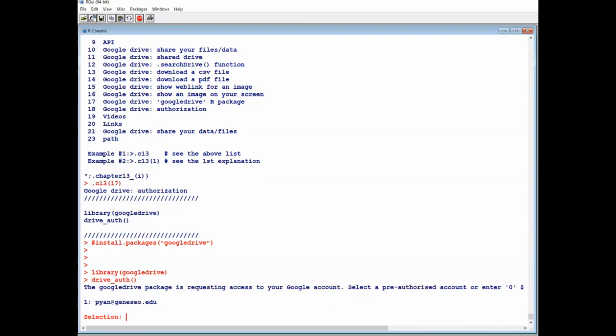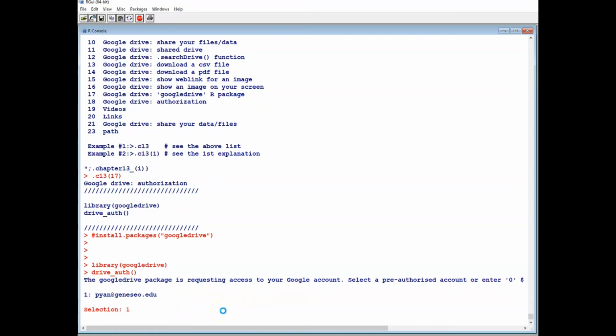Okay, and because I set up already, so I just select one. That's it. Whenever you run, you have to authenticate your account. So this will link to my account. So Google Drive, or our package Google Drive, in this case, is connected to my Google Drive. Okay, so let's look at